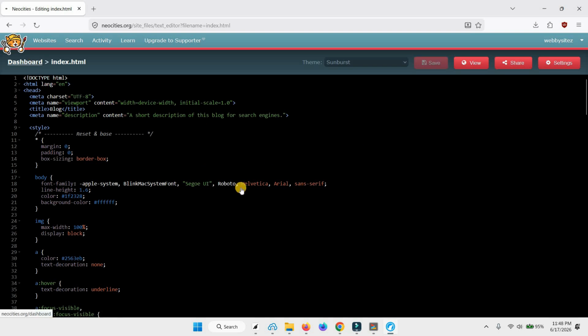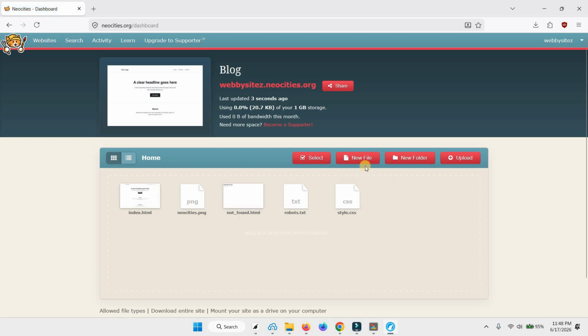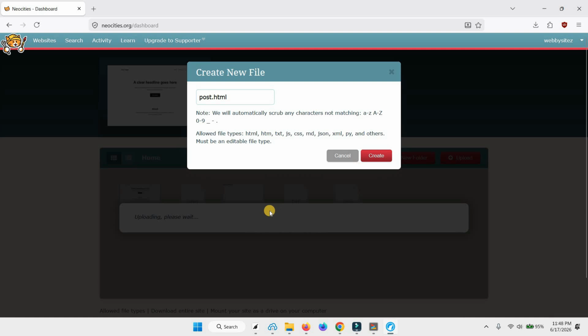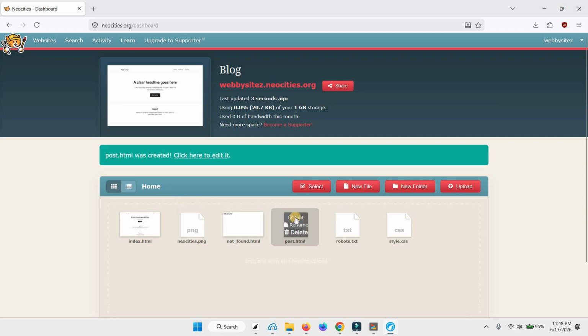Let's go back to dashboard and we will create a new file. So this will be another HTML file. So let's make it post.html. Click create and we'll edit our post.html